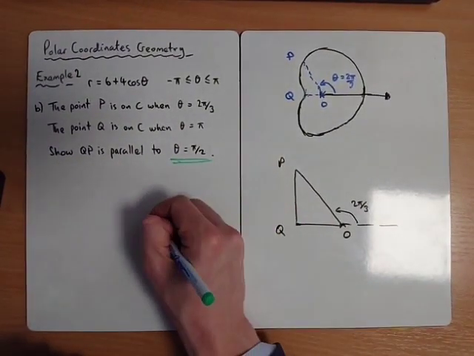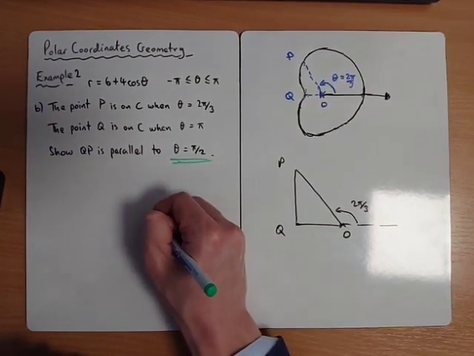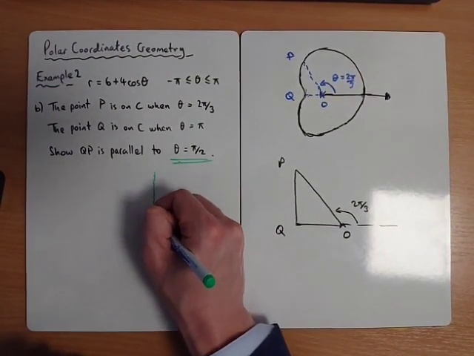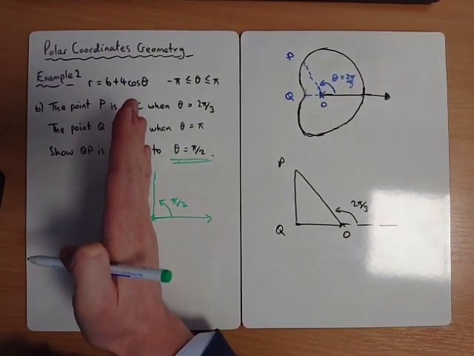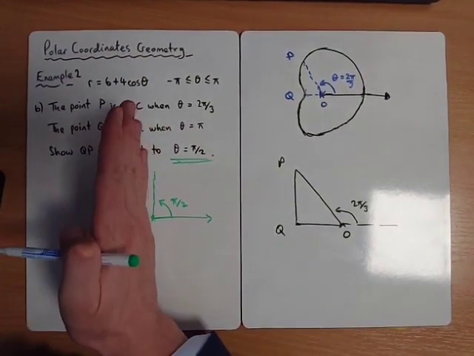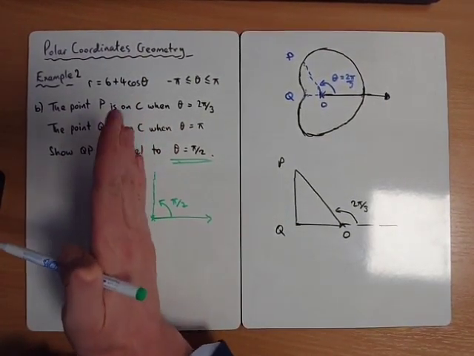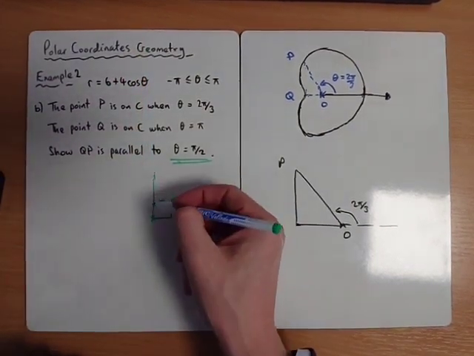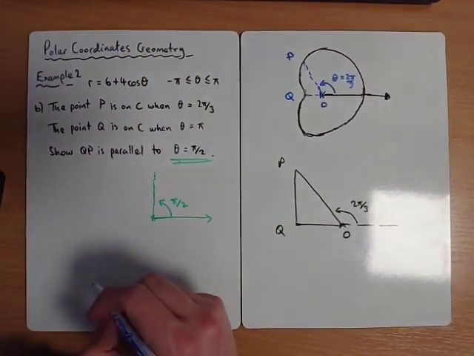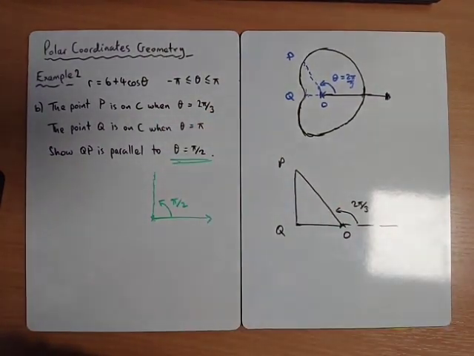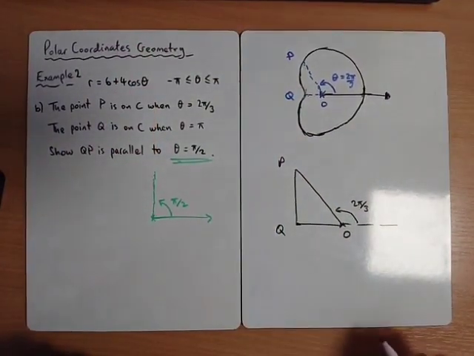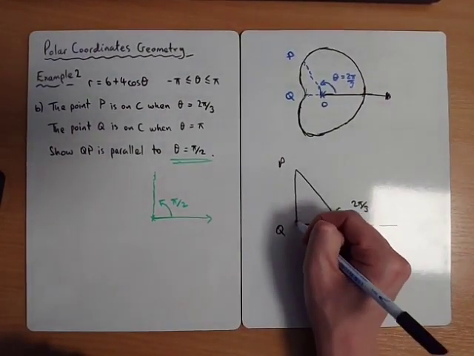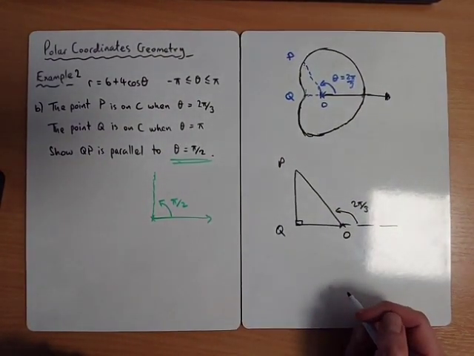So it's parallel to this line, theta equals pi over 2. There's this half line here, isn't it? So it's a fancy way of saying it's a vertical line, isn't it? The line theta equals pi over 2 is any coordinate along here, which would have an angle of pi over 2. So we're thinking about how we can show that P to Q is parallel to this. The way I'm going to approach this is to think about what these coordinates are,